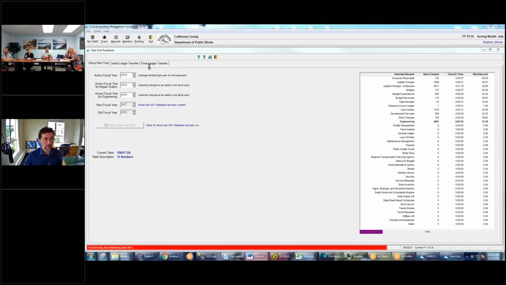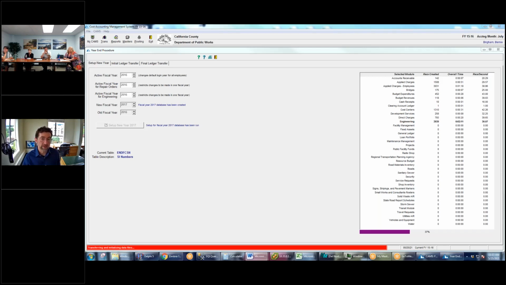And so that's one of the things that the final ledger transfer is for, right? So we know that you may be entering adjustments in inventory. Time cards may be getting posted. You may not have posted your leave earnings for the last part of the old year yet, right? So when we run the final ledger transfer, which I'm going to do next, you will see that it specifies that it's going to update the beginning balances of the employee. Now, to your question specifically,